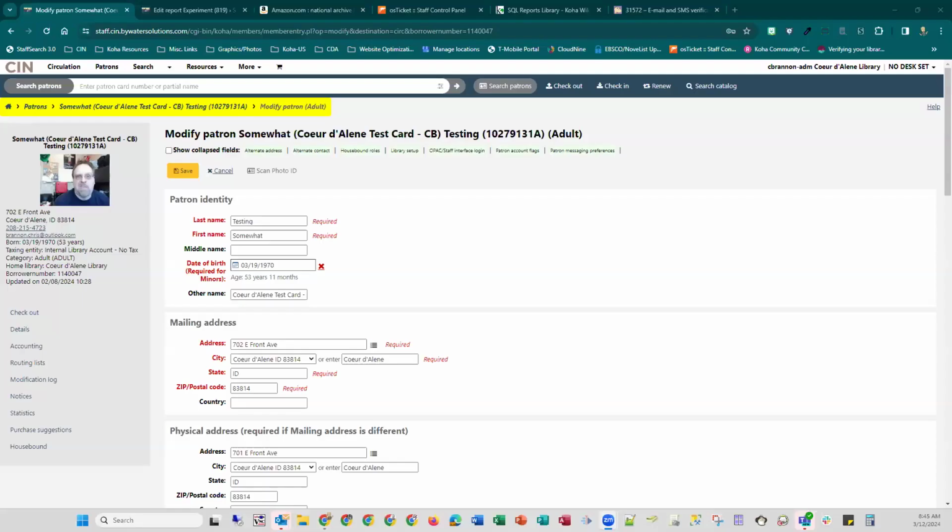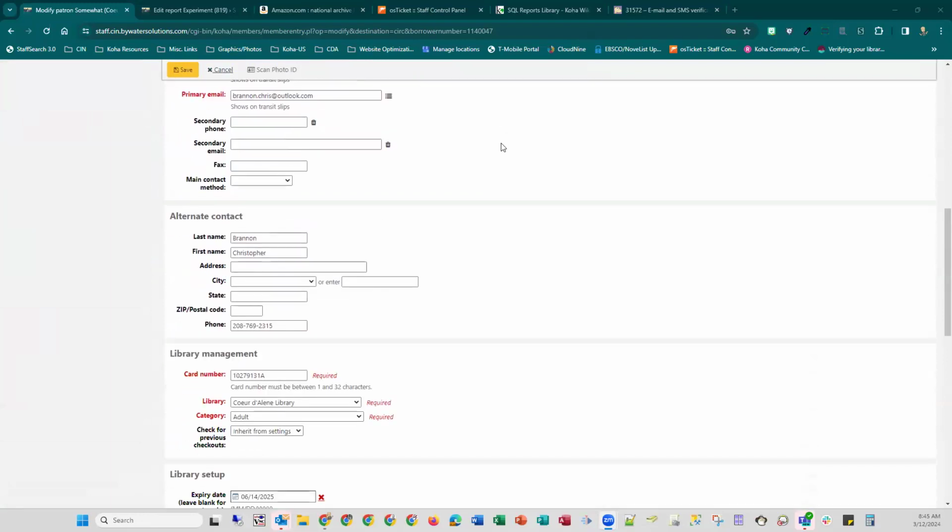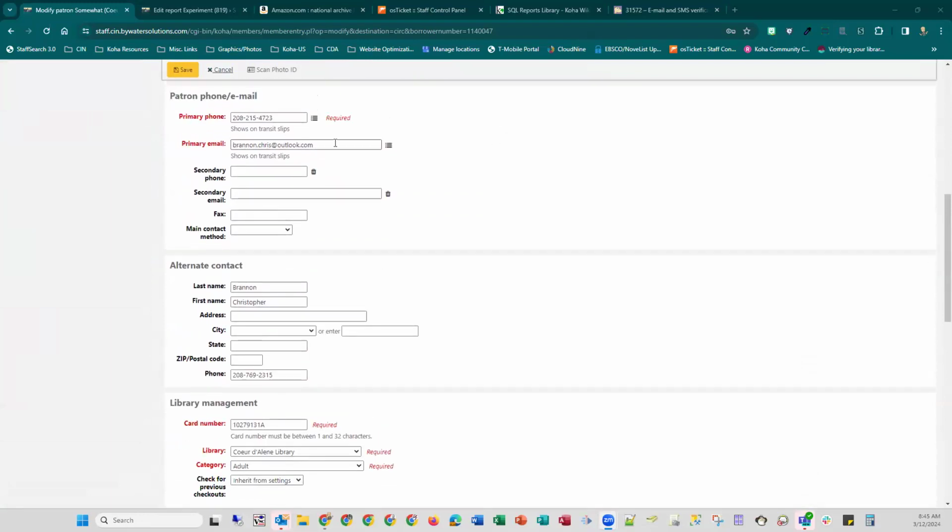I may have shared this in a video. So I have some jQuery where, if I have an email address and the address has problems with it,